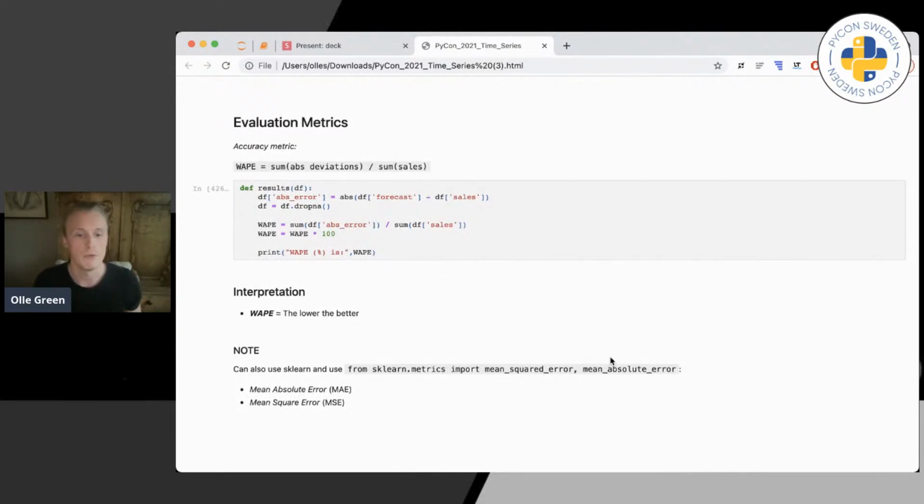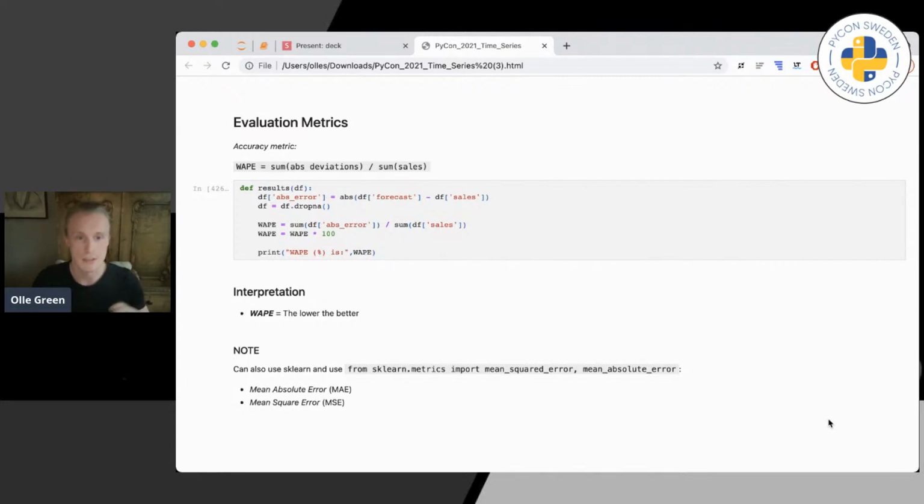And the one thing that I want to open up for thought to discuss is basically accuracy metrics. Usually this is something that's standardized in larger organizations, so it depends if you have a smaller or a large organization. But you can have, for example, from sklearn here in the note section, mean absolute error is a common one, mean squared error, etc. We have then also, in this case, an accuracy metric called WAPE. In this case, it's called weighted average percentage error.